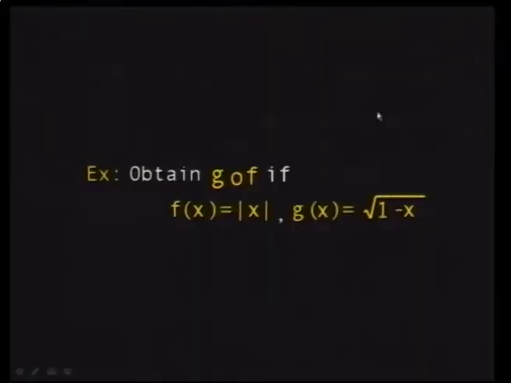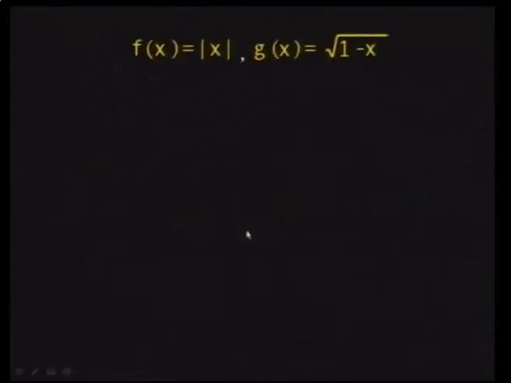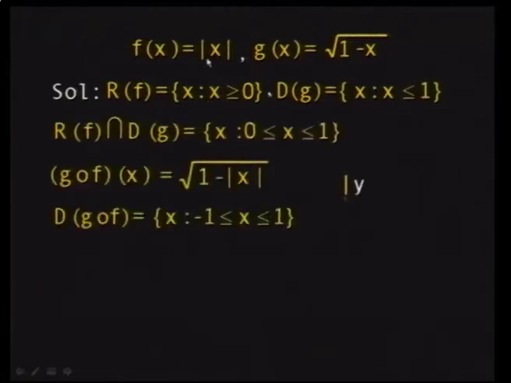Now we take some example. For example, obtain G circular F if f of x is equal to mod x and G of x is equal to the square root of 1 minus x. Now which comes first? This one comes first. Since this one comes first, we study the range of this one and the domain of this one. Now the range of mod x is what? The domain of mod x is